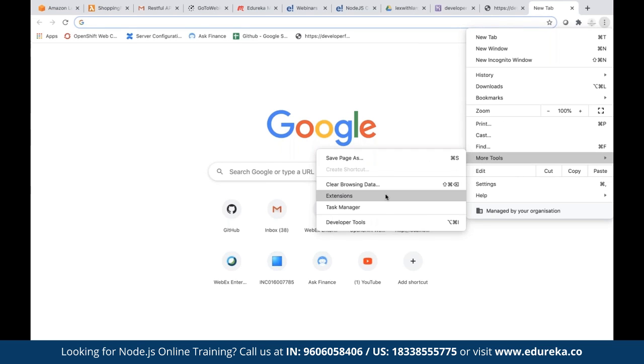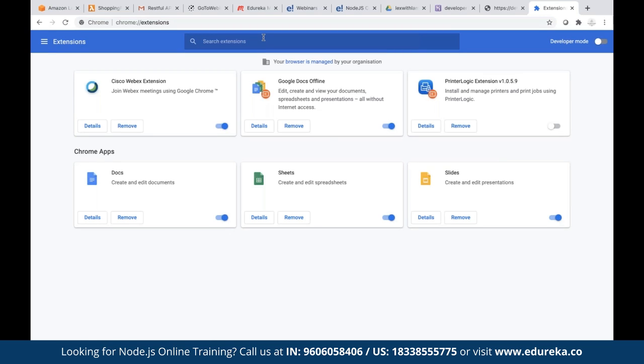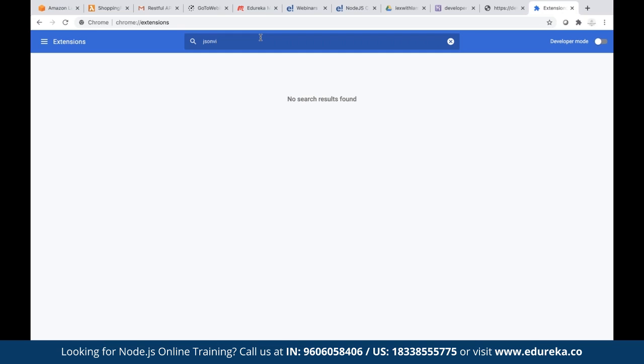To see it in a better way, in Chrome always add one extension called JSON viewer. JSON viewer is an extension, guys. The data that you get from the API, you will get in a better mode. So let me show you.